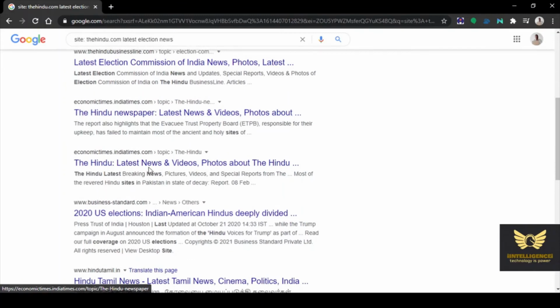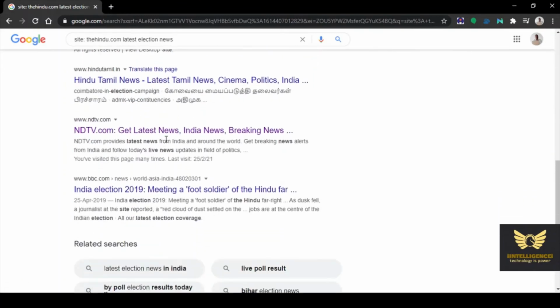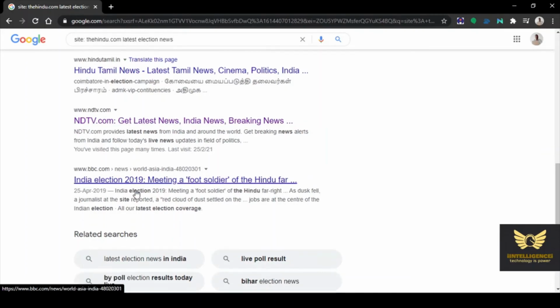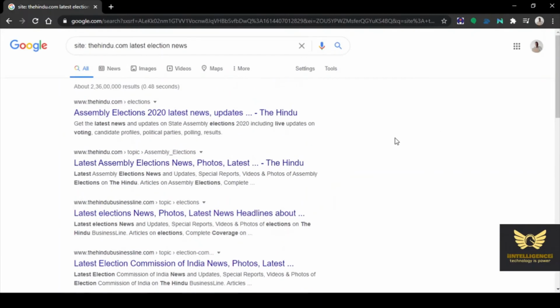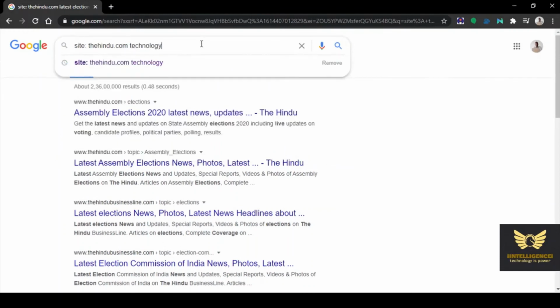See here, latest assembly elections. Okay. So the latest election news, you can easily streamline the search in the particular website.